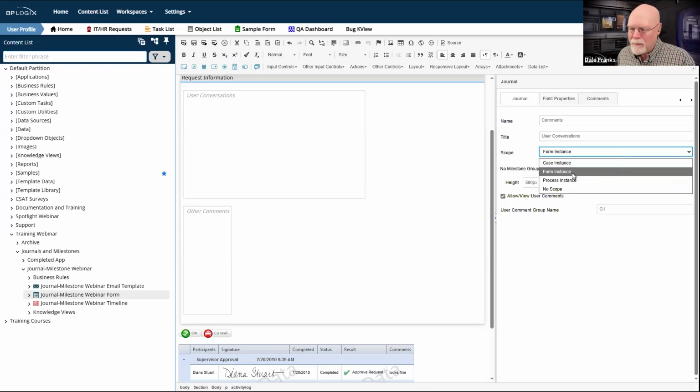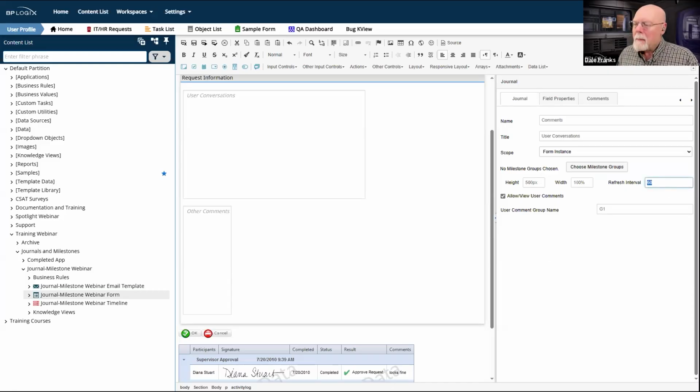Again, like I said, most of the time you're going to be in form instance scope. You're not going to have multiple forms and not going to have multiple processes. So in that case, the refresh interval probably isn't important. Although having said that, it might be. I mean, it is possible that I could have a form instance and I could have